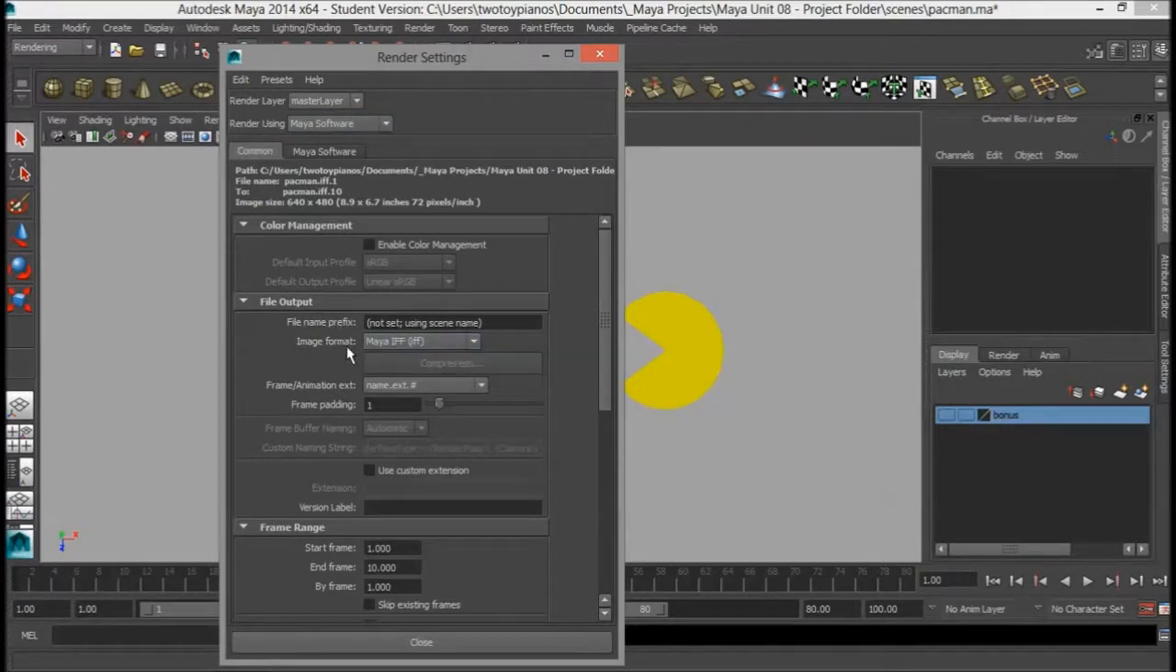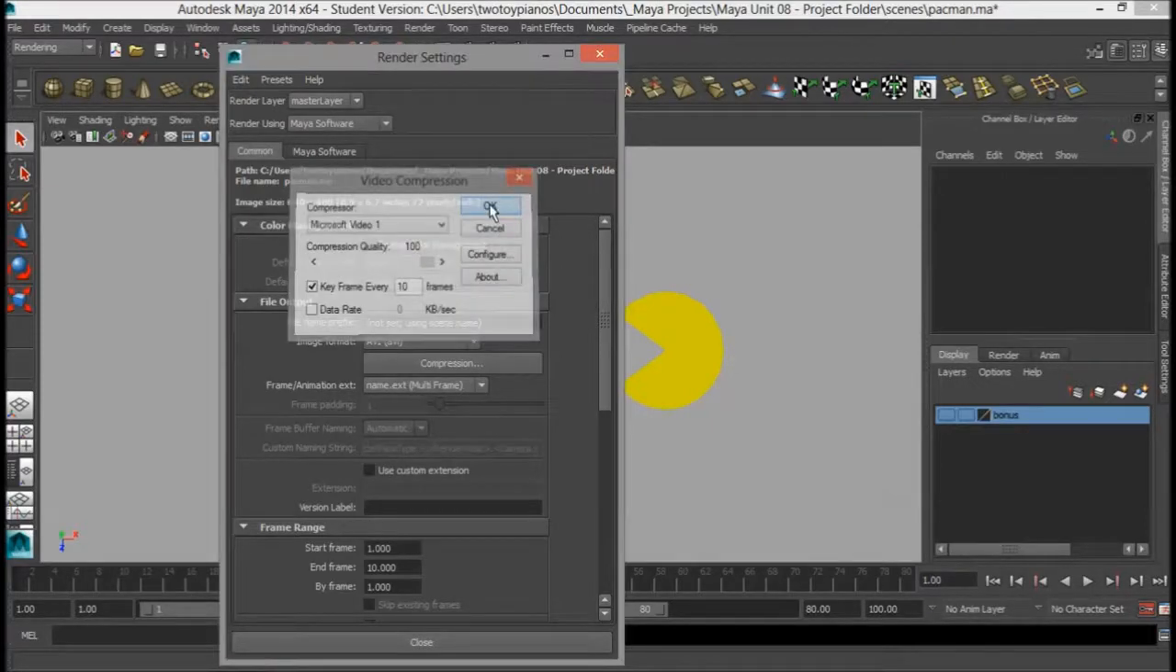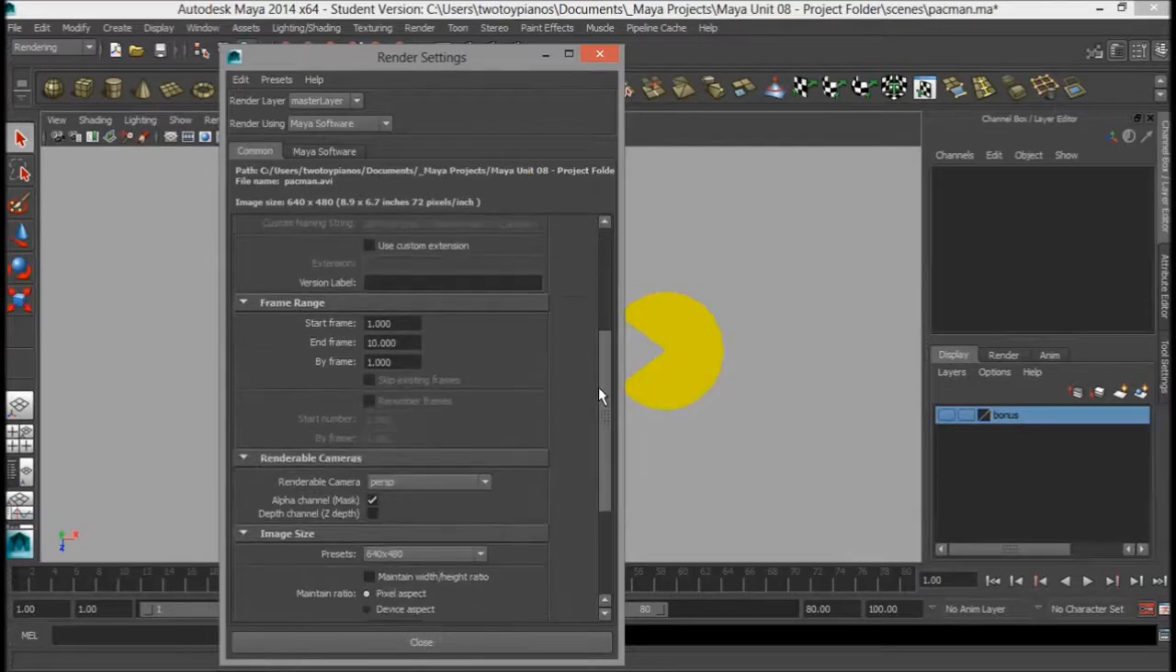I'm going to change the image format here to AVI. I'll click on compression and I'm going to make sure it's set to Microsoft Video 1 and then hit OK. Let's scroll down here and we're going to change our end frame from 10 to 80,